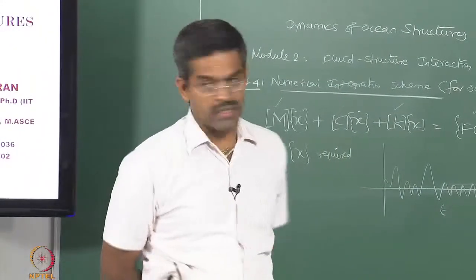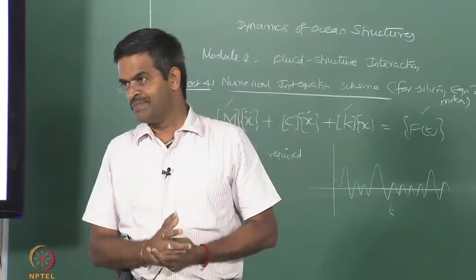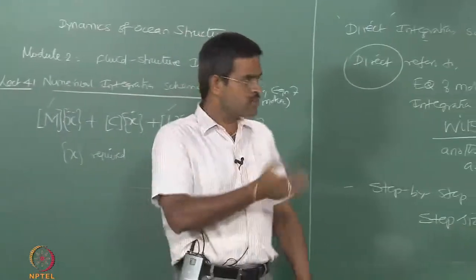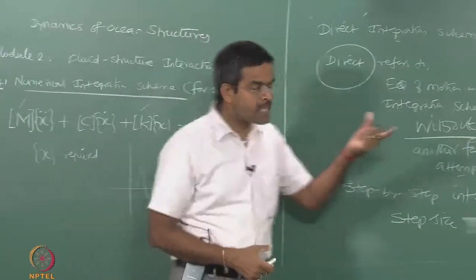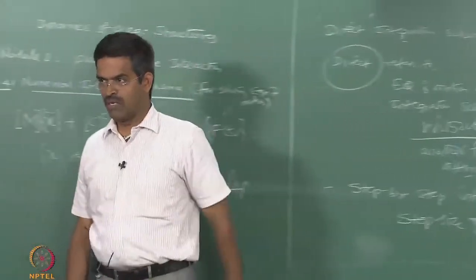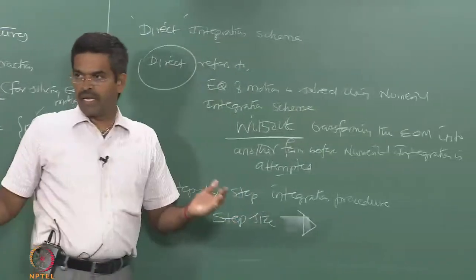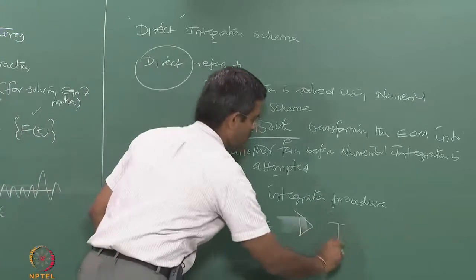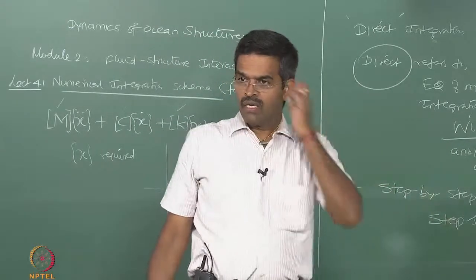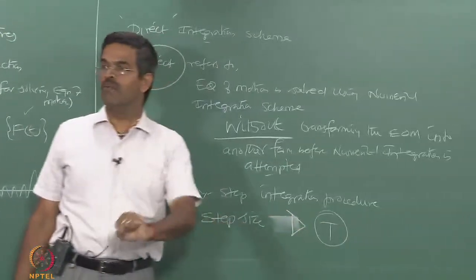It is seen sometimes as a demerit, sometimes not, because people say I am making my step size so close, how does it matter? If you make it so large, then it really matters, but if you make it so close, it does not matter. But what is that step size which will make an unconditionally stable solution? We must know that, and of course this step size should be some fraction of the overall T of the system, the time period of the system. This T can be either the excitation wave period or the structural period also. So, you have to choose that. Let us see what conditions are available in the literature.